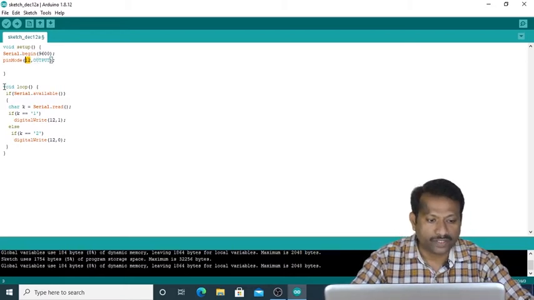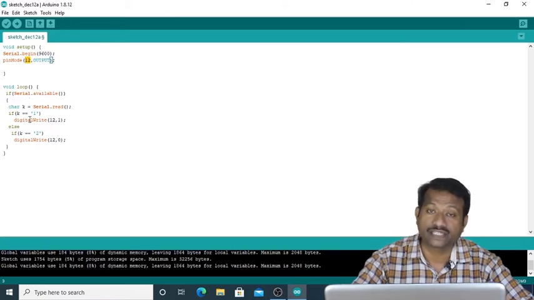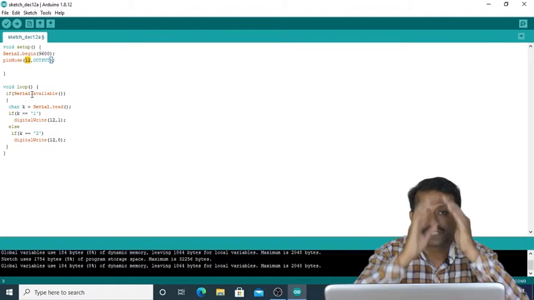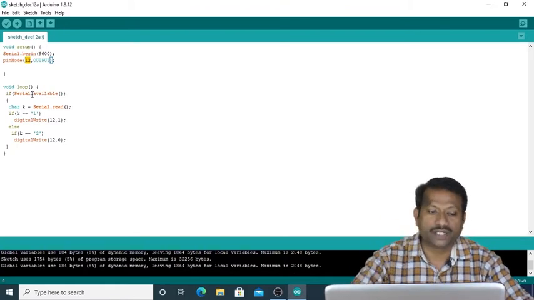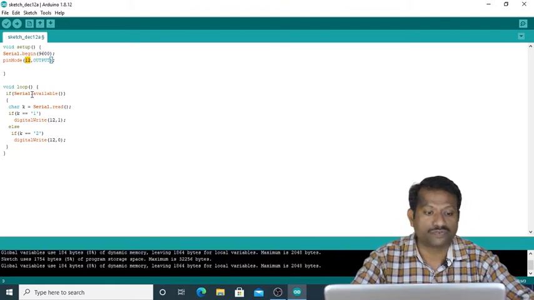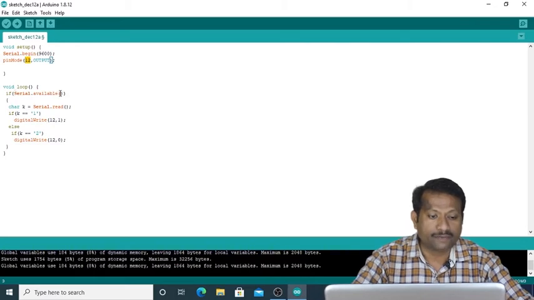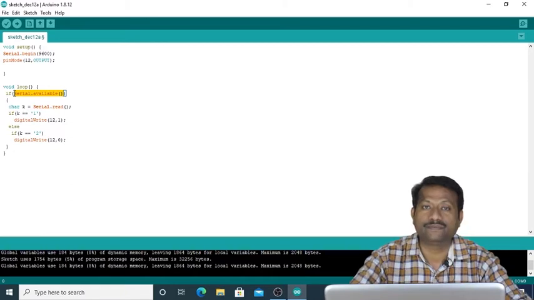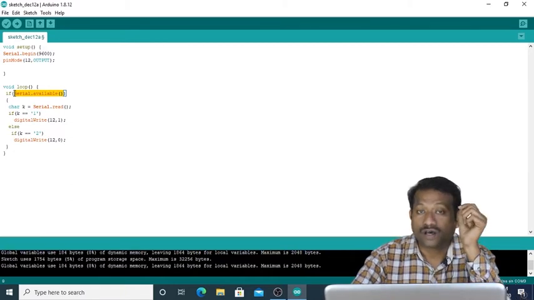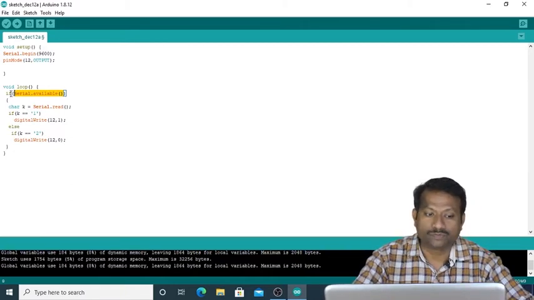Now in this loop we are going to continuously check whether any serial data is available or not. This serial data we are transferring from the utility available in the Arduino software. So if Serial.available, if any data is available serially, then this Serial.available function will return true, and the moment it becomes true, it will go into this particular if statement.